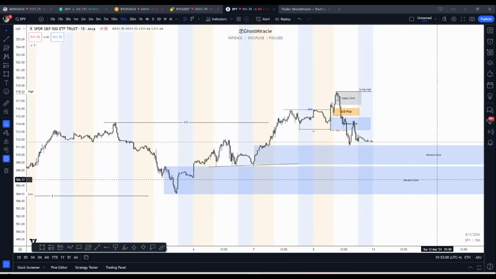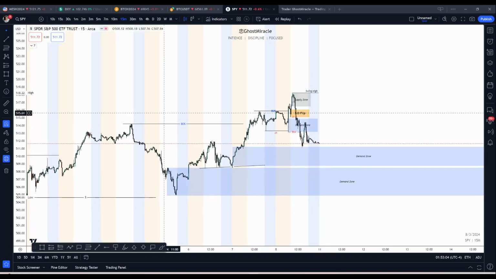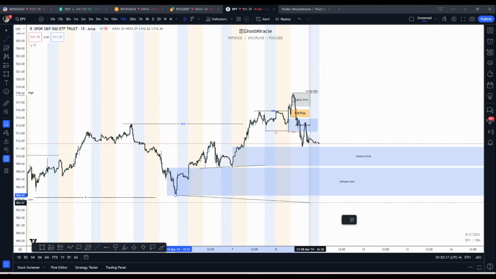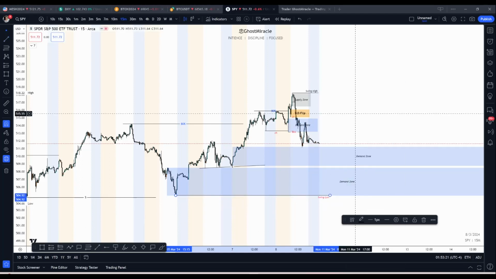This could be internal breaker structure because technically your swing low is still down here, right? Overall swing action, because this low is responsible for breaking this high, which created this low. So this is your full on swing structure, right? So like swing low